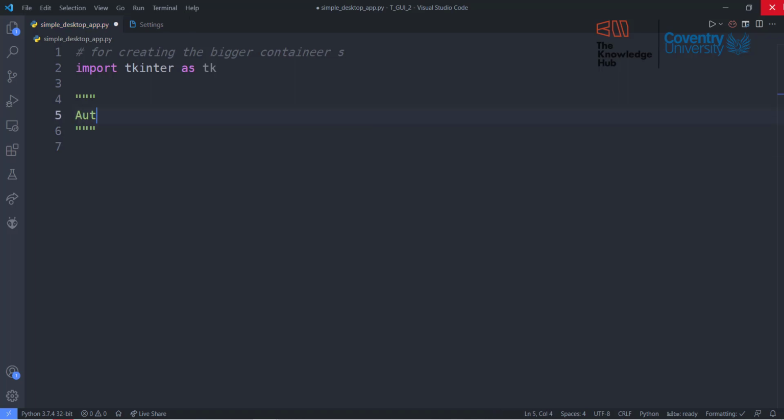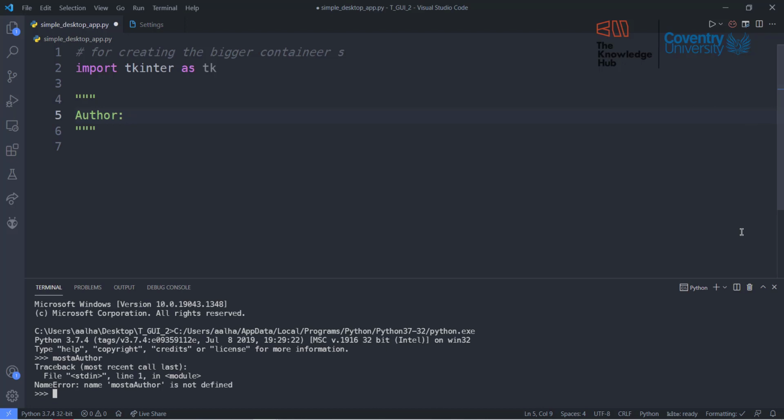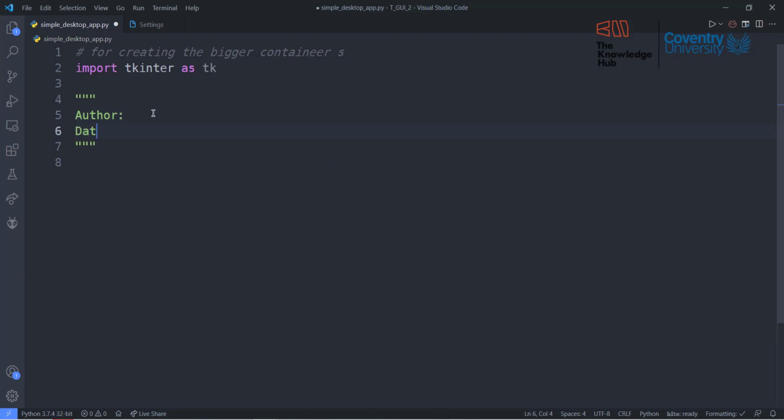So say that this is the author, you for example, Mustafa or anyone, okay, and the date that you created this, okay. Any couple of lines, any couple of functions, just make sure that this is written all over your code, even if this is your own branch. Okay,